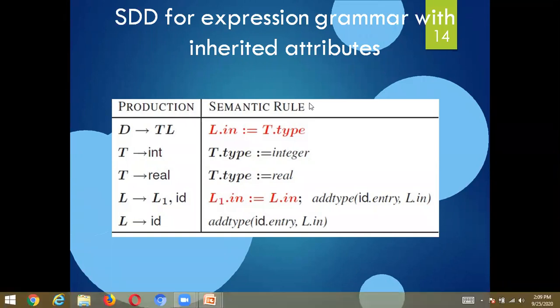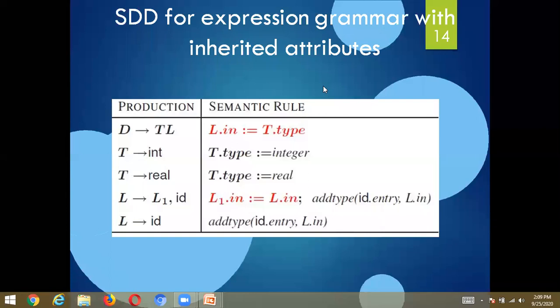Now it is clear. After knowing the definition of inherited attribute, now we'll see how the computation takes place here. How to compute the inherited attributes. See the example and the grammar, consisting of the rules.